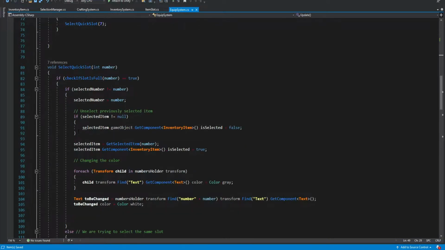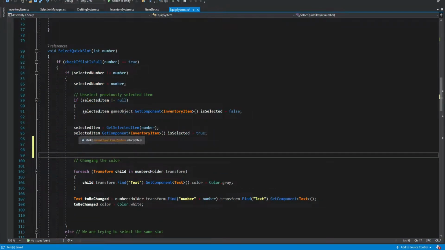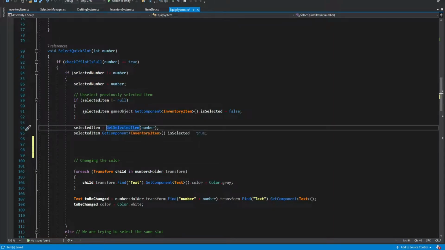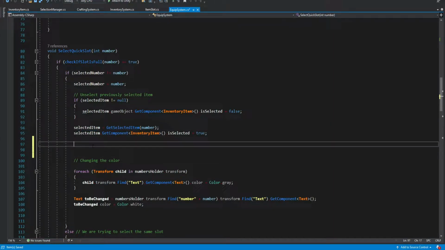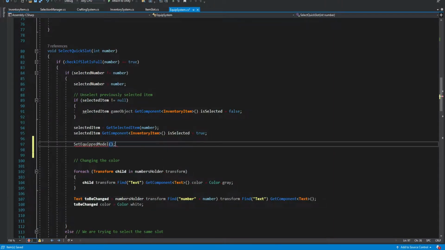So over here, if we select a new item, before we change the color, but after we get the actual object, we are going to call a method SetEquippedModel, and we're going to pass in the selected item.